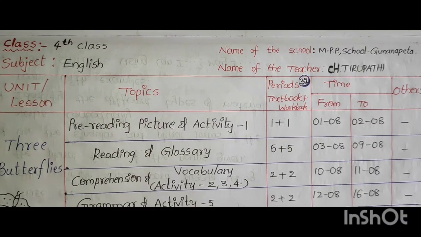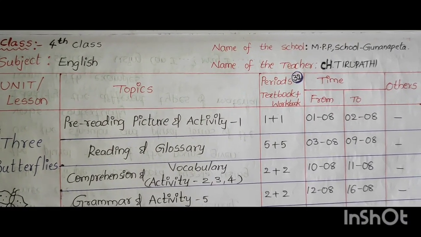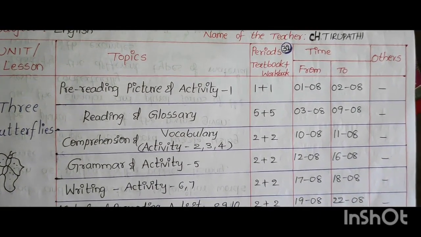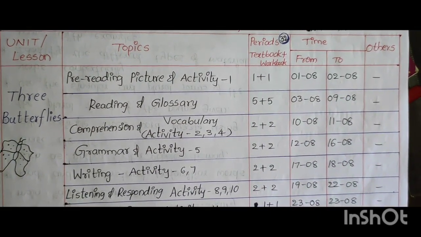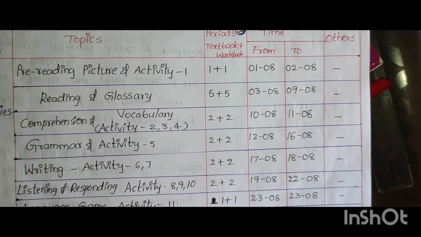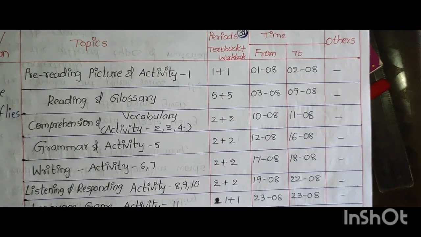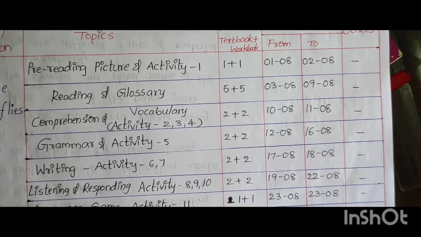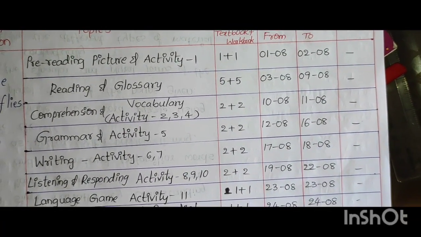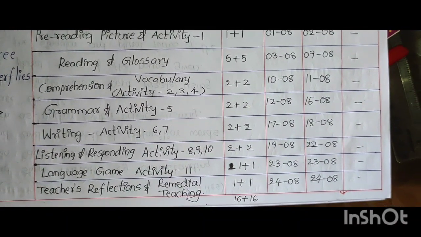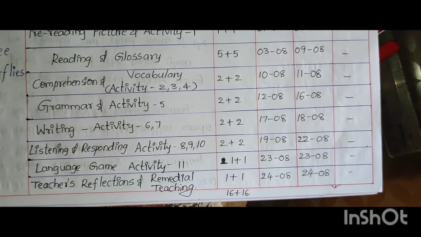Class 4th, subject English, name of the school MPP School Gonanpeta, name of the teacher CH Tirupati. Columns: unit or lesson topics, periods, textbook plus workbook, time from to, others. Unit 3 Butterflies: pre-reading picture and activity 1, 1 plus 1, August 1 to August 2. Reading and glossary, 5 plus 5, August 3 to August 9. Comprehension and vocabulary, 2 plus 2, August 10 to August 11. Grammar and activity 5, 2 plus 2, August 12 to